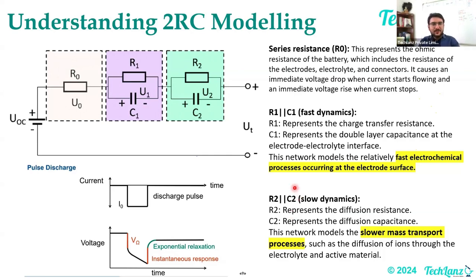Okay. So this is the phenomena, and if you remove this element part of it, then you are not capturing the slow dynamics. You're not capturing the ion transfer. So I'll talk about ion transfer, just hold for a while. And if you're not modeling this R1 C1 circuit, you're not capturing the charge transfer mechanisms, which is your fast electrochemical process. So that's the reason our two RC models give you much more relevant answers,